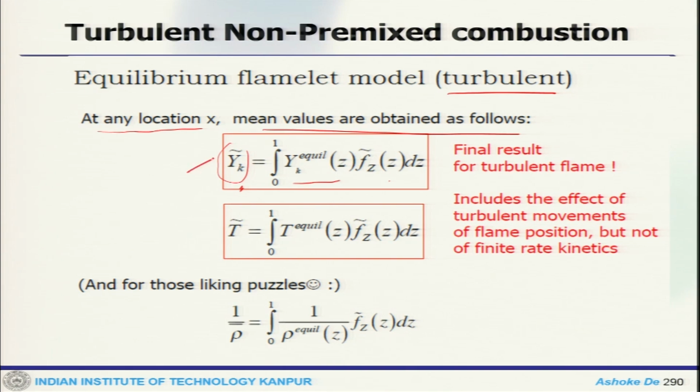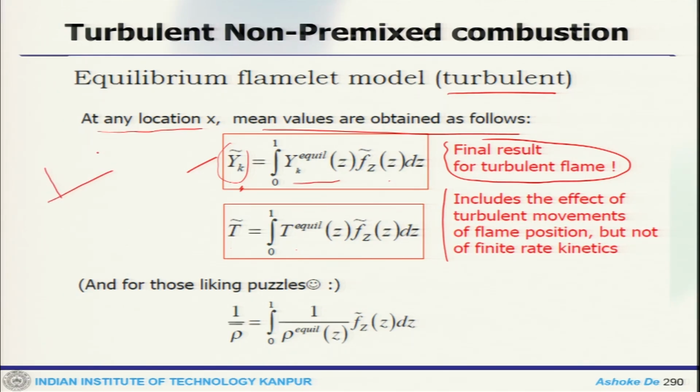So, this is what you get as a final result in the turbulent flame. And similarly, the Favre average temperature, which will be the temperature as a function of Z. So, it includes the effect of turbulent movements of flame position, but not finite rate kinetics, because our equilibrium information